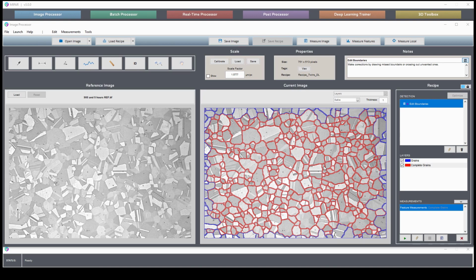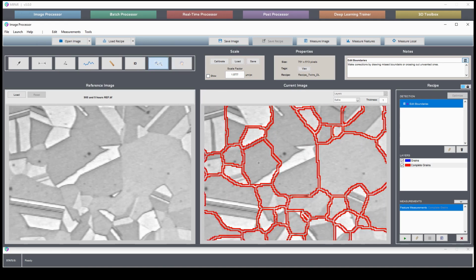And while it does a remarkably good job, there may still occasionally be instances where a few corrections need to be made. We believe in not only facilitating automation as much as possible, but still leaving the opportunity for the user to make small corrections, especially when those corrections can have a large impact on accurate measurements. So for example, this particular boundary up here